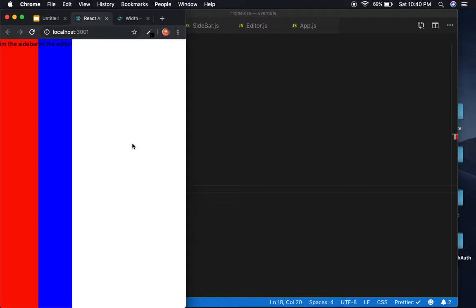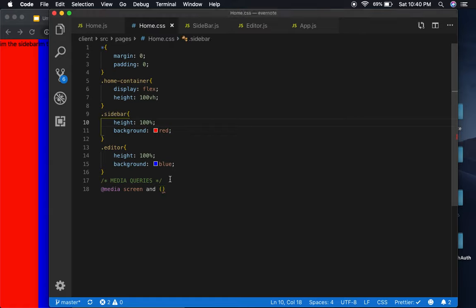No, and down. So 640 and down. So max width 640 pixels. So that's 640 pixels and lower. Okay. We want the sidebar,